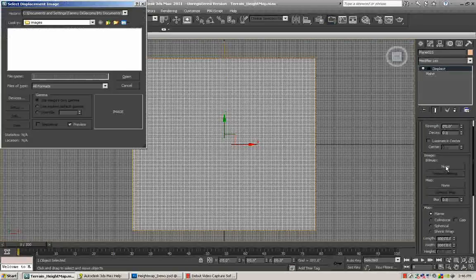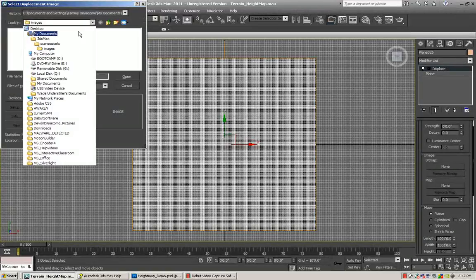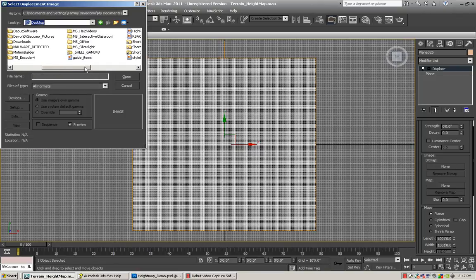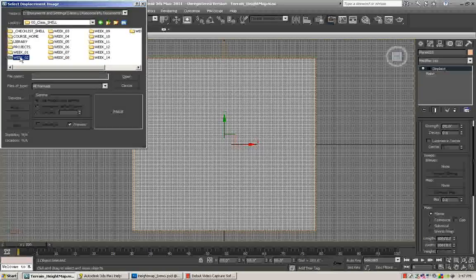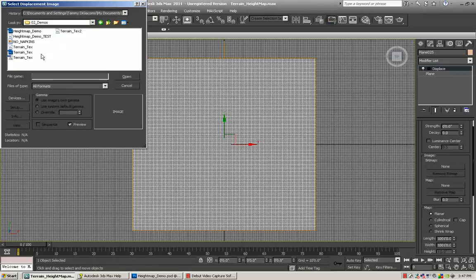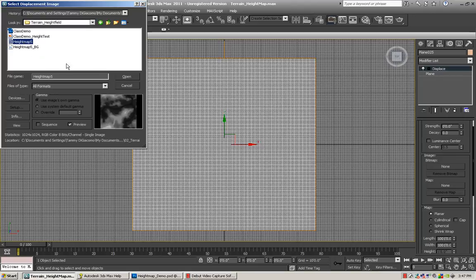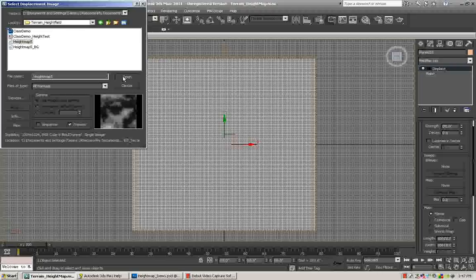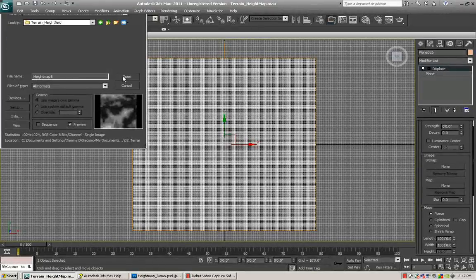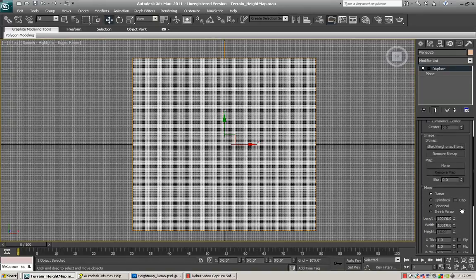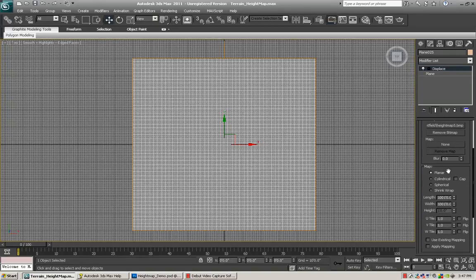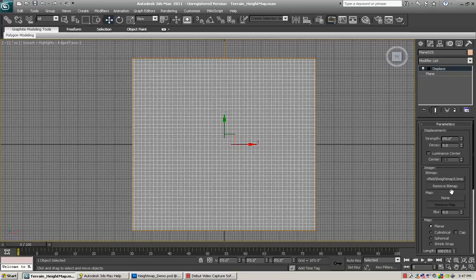I will click on None, and I will find my map, my height map that I just created in Photoshop. Height Field Demonstrations, and click on that. Bring it in. That can be in bitmap form. That's fine. And I want to check to make sure that Planar is selected under Map,